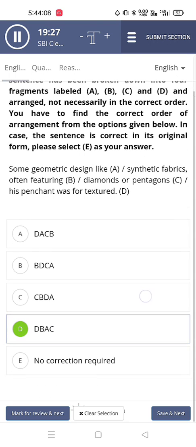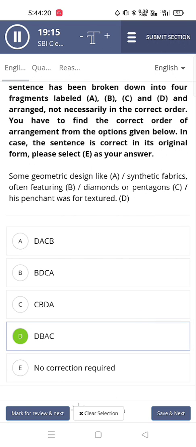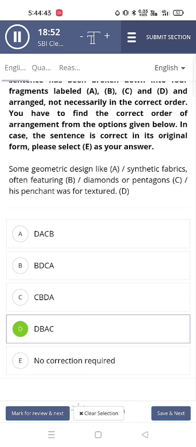sentence rearrangement. Okay, so we have to rearrange this. And some geometric design like synthetic fabrics often featuring diamonds or pentagons, his penchant was for textured. So first we will use option D, his penchant was for textured. Wrong. Then synthetic fabrics often featuring his penchant, no. C, diamonds or pentagons, synthetic fabrics often featuring his penchant was for textured, no. Then D, his penchant was for textured synthetic fabrics often featuring some geometric design like, yeah, D is the